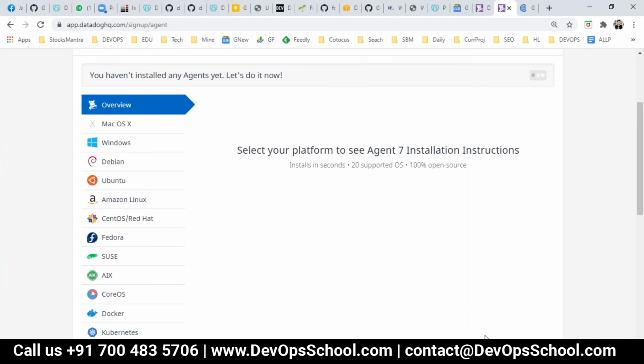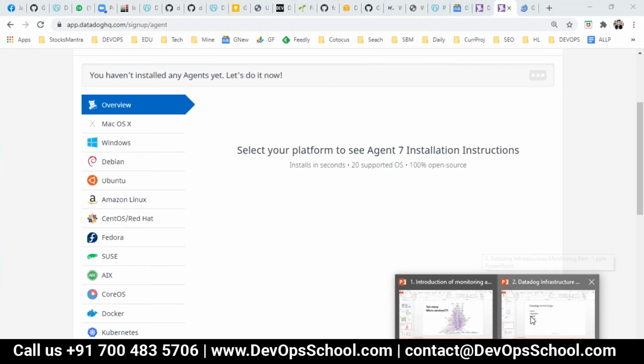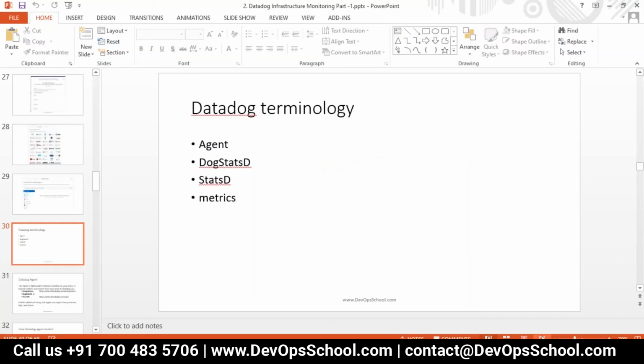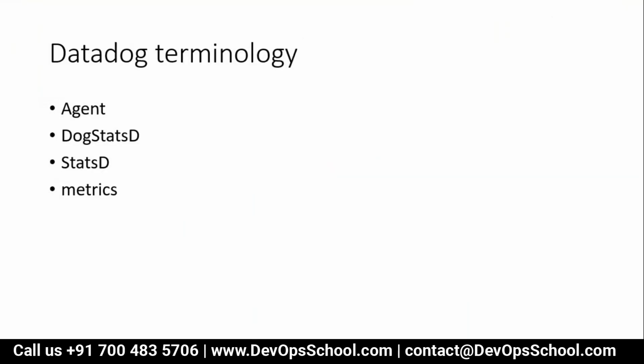And many things. So before I show you a quick 10 minute demo, I would like to tell you about the agent. Let's know about the agent. Here are some of the terminologies we use in Datadog: agent, DogStatsD, and metrics.